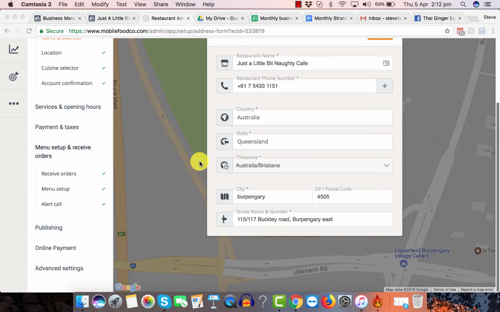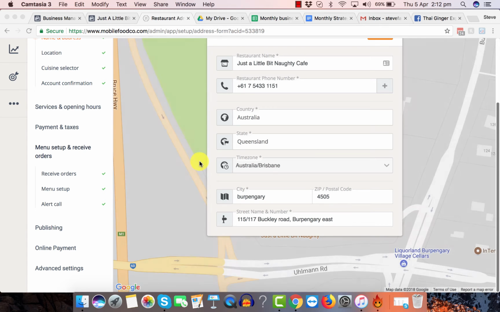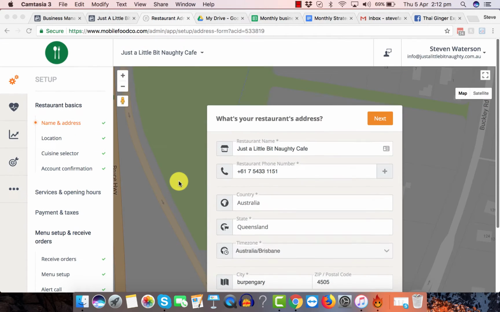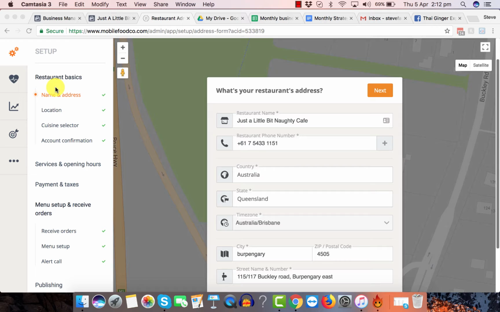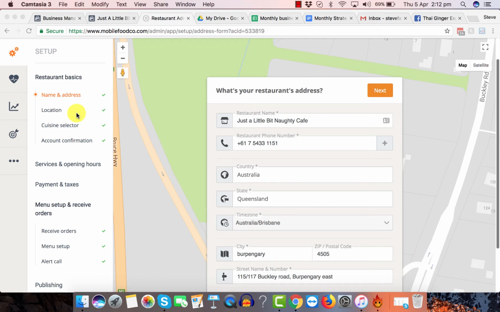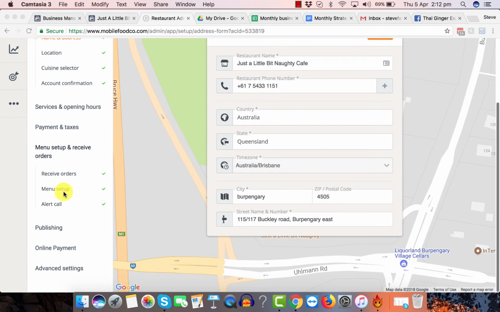You should have those details. You'll be able to log in to your shopping cart. Now here we're inside our shopping cart. What you need to do is go to where it says menu setup down here,